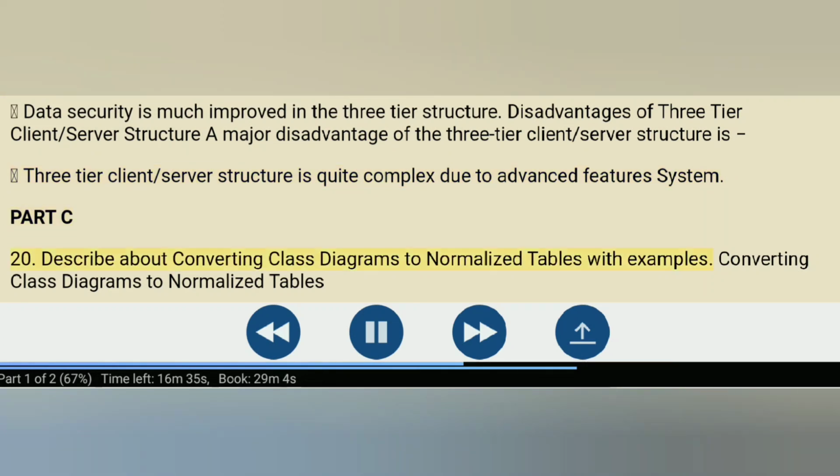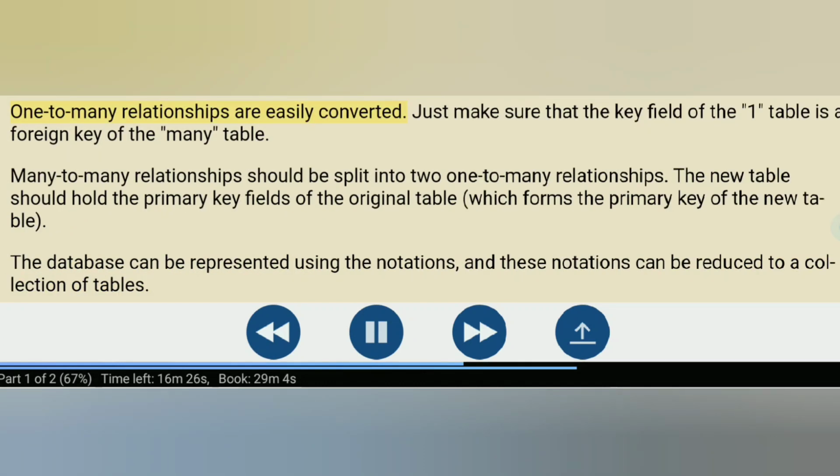Part C. 20. Describe converting class diagrams to normalized tables with examples. Converting class diagrams to normalized tables. One-to-many relationships are easily converted. Just make sure that the key field of the T1 table is a foreign key of the T-many table. Many-to-many relationships should be split into two one-to-many relationships. The new table should hold the primary key fields of the original tables, which form the primary key of the